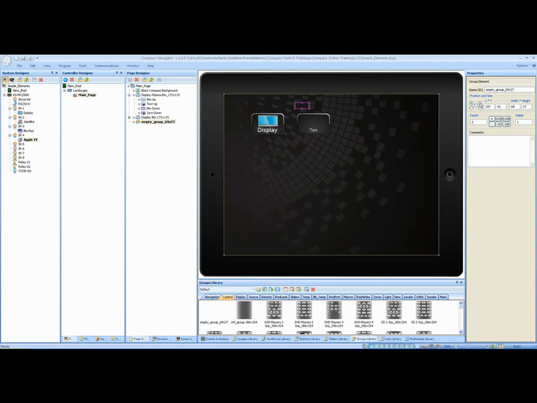And we will then size it and position it as desired. 341.86 was it? 341.86 is this button. So we could take a look at this empty panel here. 341.86, there we go. And width and height 173.115. Okay, so now we're going to drag the display button into that group